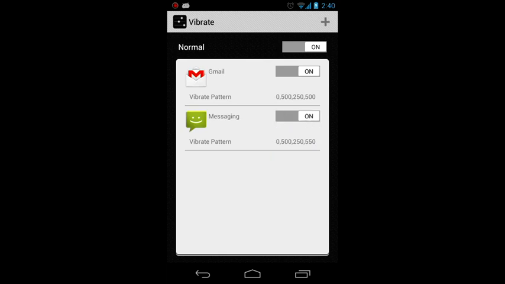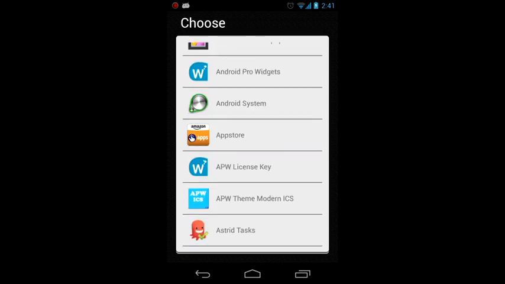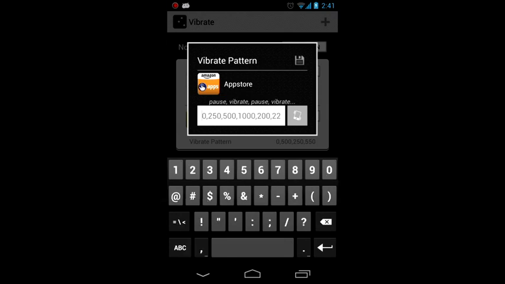To add a new application to our normal profile, we'll make sure this text field says normal here. We'll hit the plus icon, and then we'll be able to pick from a list of applications. We'll just choose the Amazon App Store for the moment. Then we'll put in 0, 500,